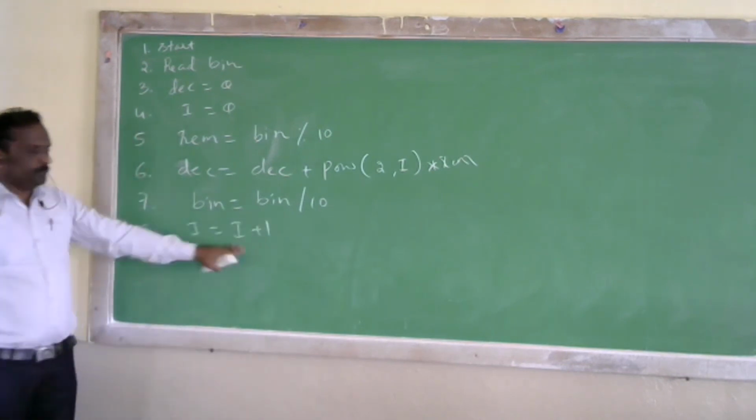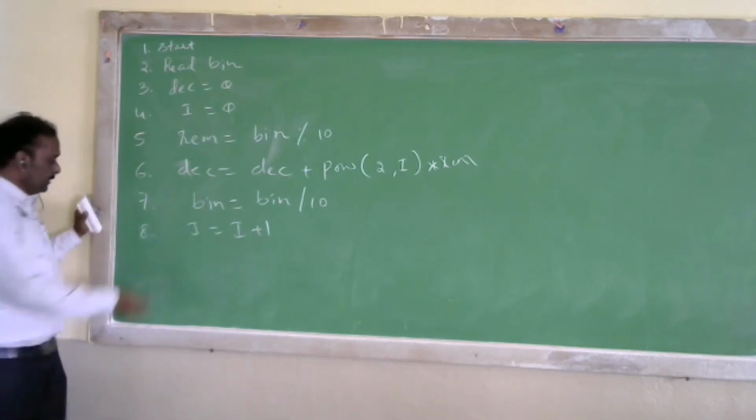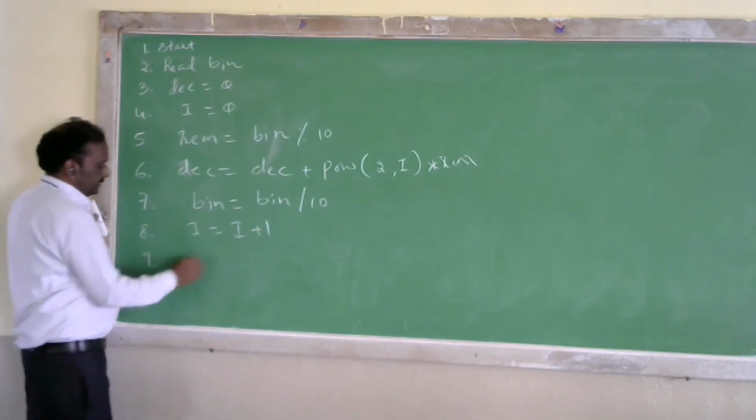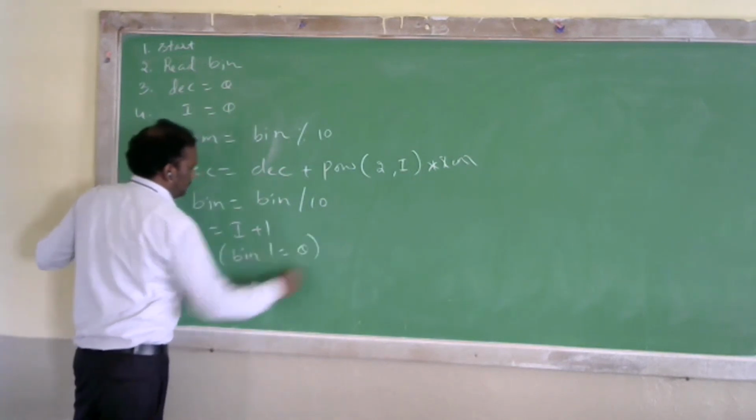Now we need to do 2 power 1. That's why I is equal to I plus 1. Initially I is 0. Now I will become 1. Now check the condition. If binary not equal to 0,